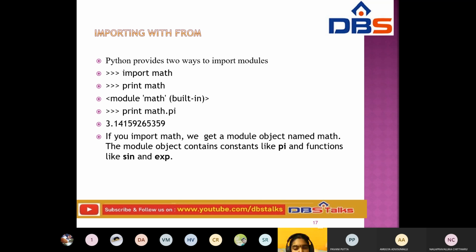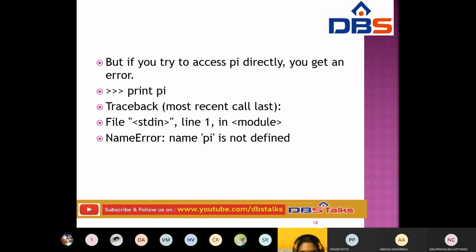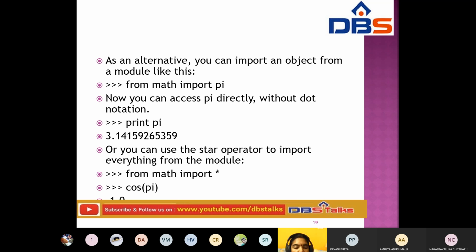This is the first way: print math.pi, you have to give the dot. You can't access pi directly. If you try, you get an error. That's why we go for the alternative, from math import pi.